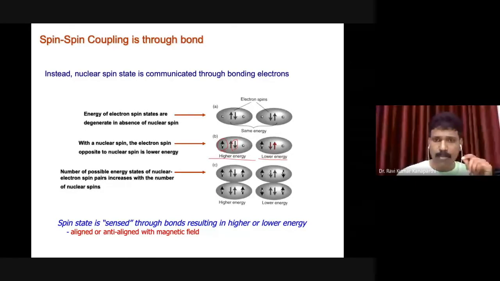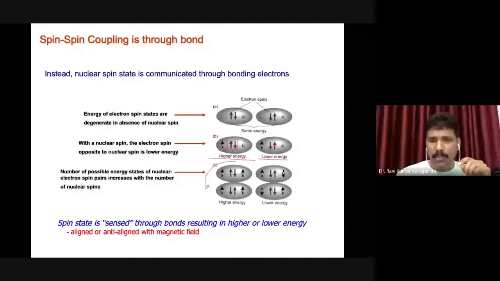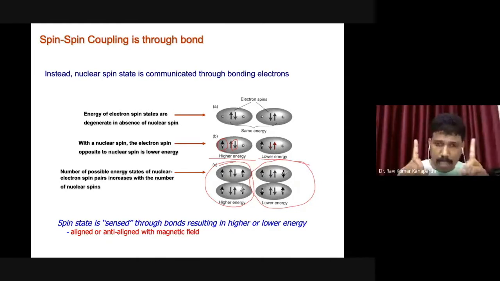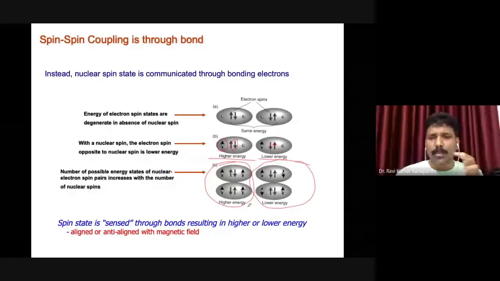In the other case, the two nuclei can be spin active. In such a situation, we come across this kind of configuration where the nuclear spins are opposite. You can see that the nuclear spins are opposite, and such a configuration will be stable. Where the nuclear spins are parallel with each other, such a configuration will have a higher energy. So these are two different possible situations that we can come across in the case of two nuclei having half spin magnetic moment.